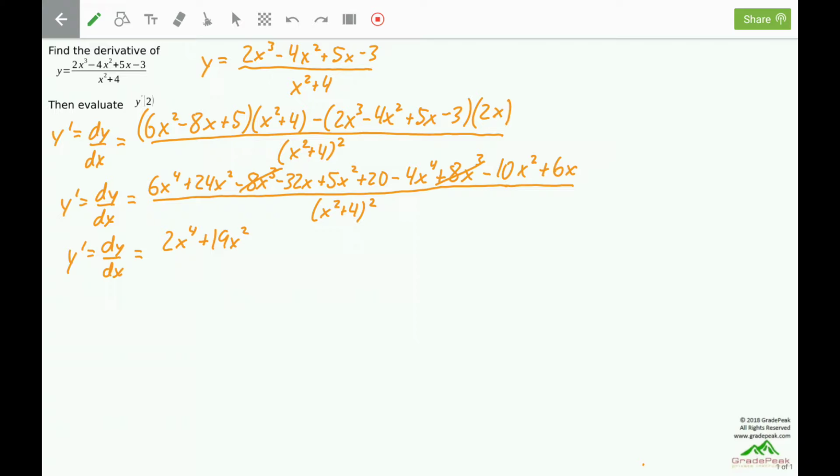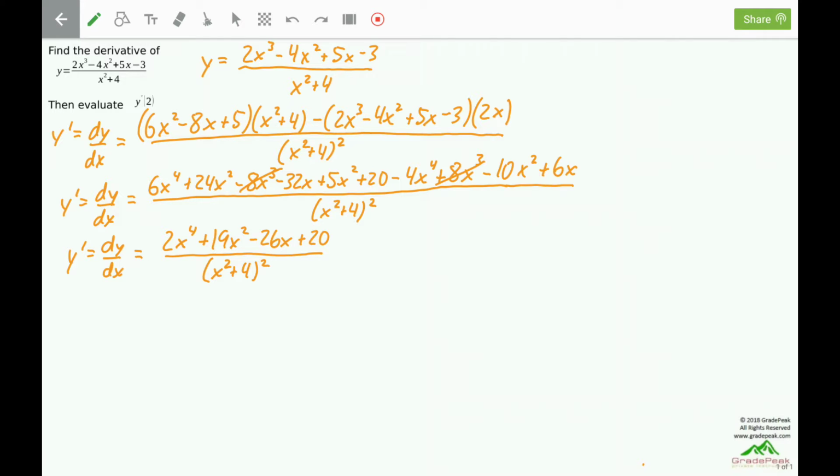Negative 32 plus 6 is negative 26x. And then we have only one constant, a plus 20. All this over x squared plus 4 quantity squared. So there's our derivative y prime,